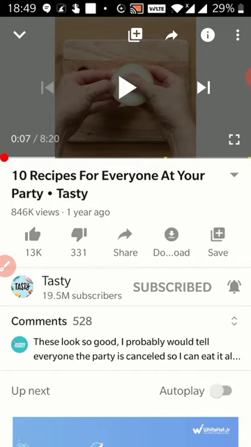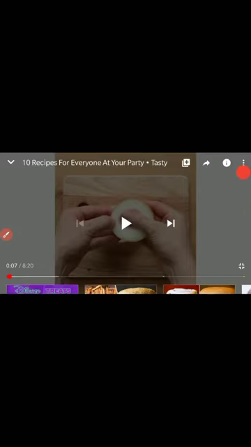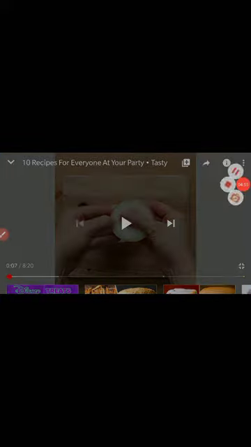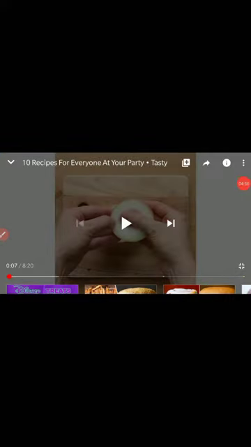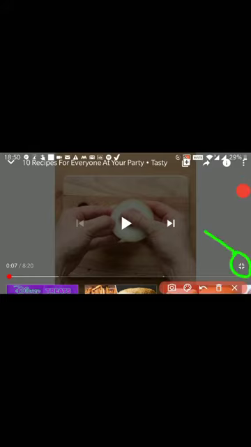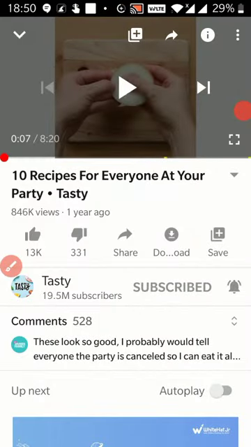So that was the play and pause. When it is just the triangle, the video is paused, and when there are 2 big rectangles side by side, then that is play. Then you will find this full screen option. When you click on that, the video will become full screen, and if you want to get back to the normal viewing option, you just need to click on that option that is again over here, and then you will come back to the normal small screen.